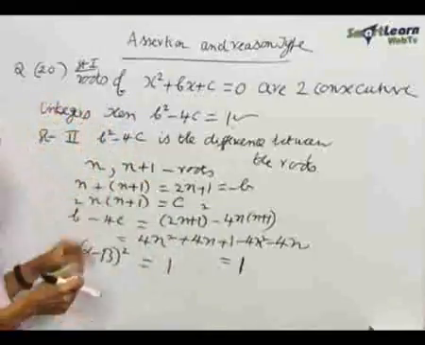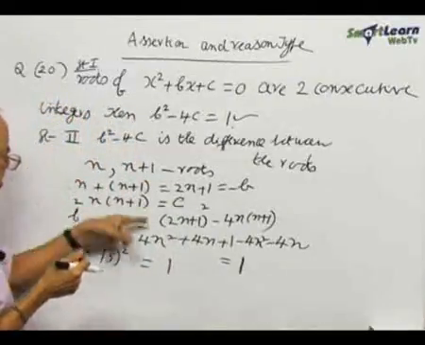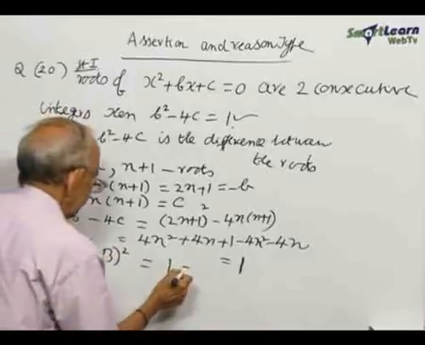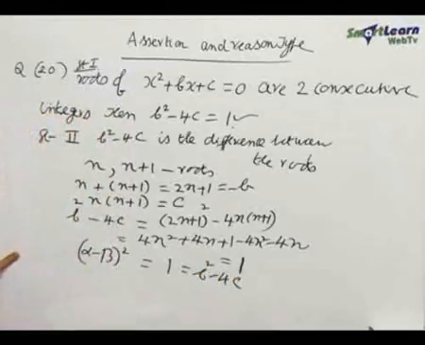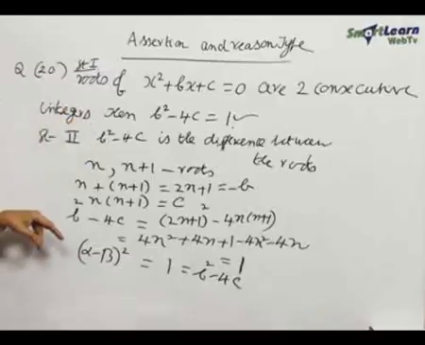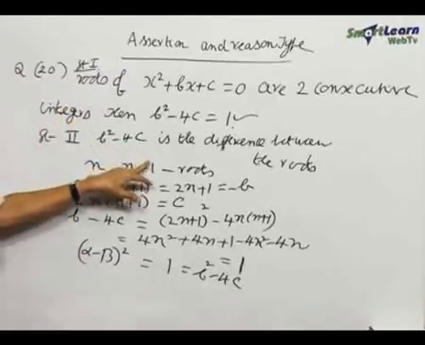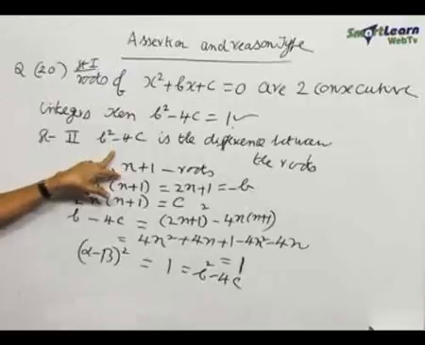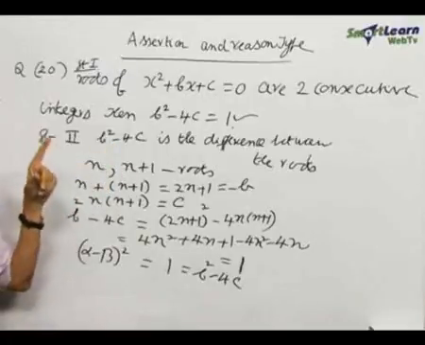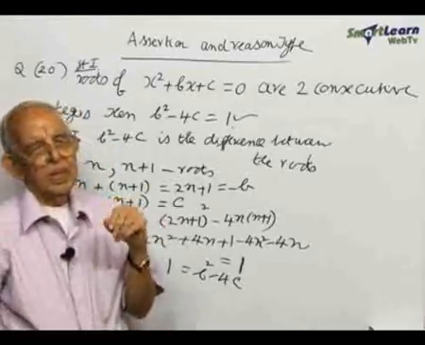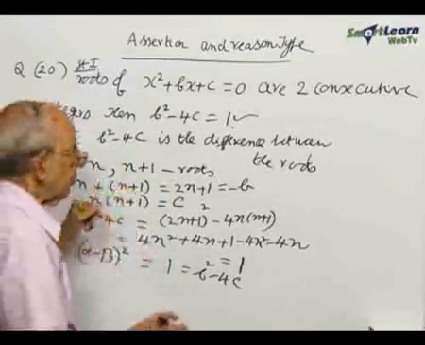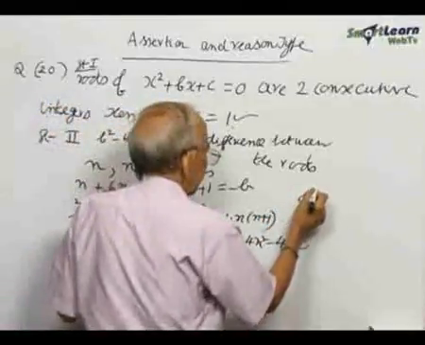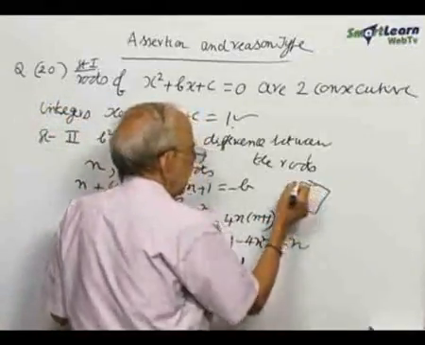It is not that the difference between the roots is b squared minus 4c. Therefore, the claim that b squared minus 4c is the difference between the roots is wrong. Statement 1 is correct. Statement 2 is false. Therefore, it comes under the category capital